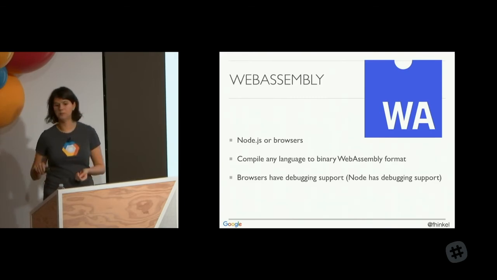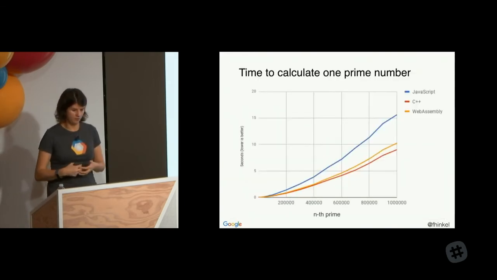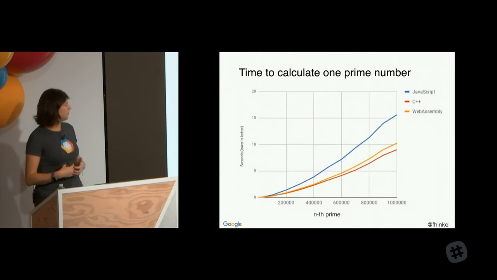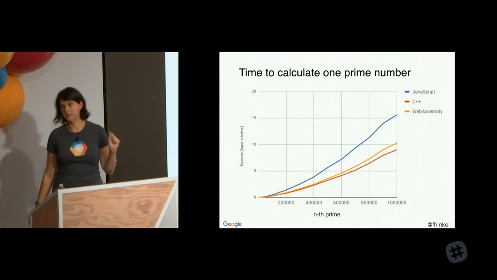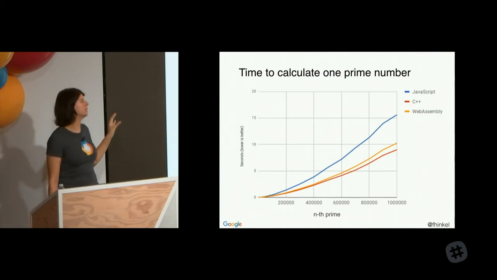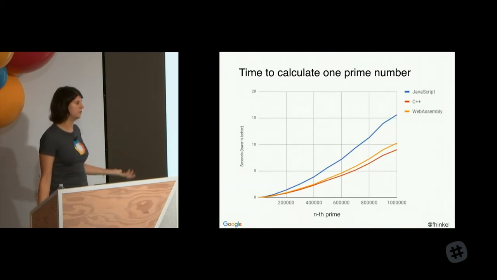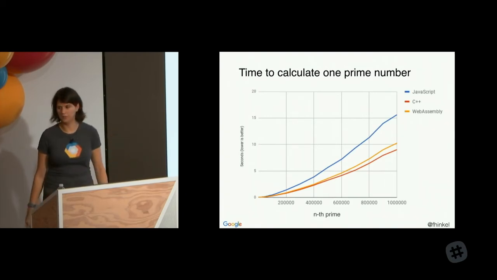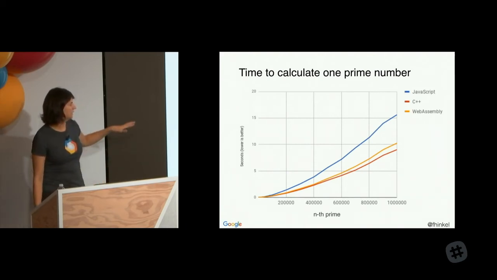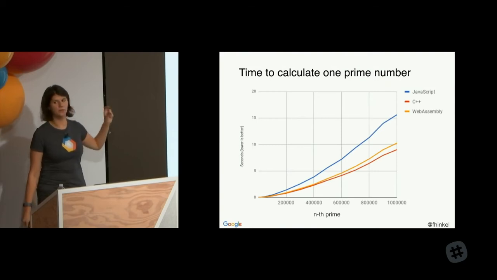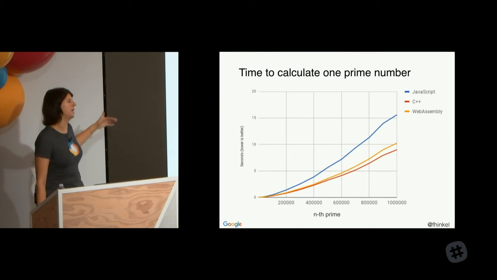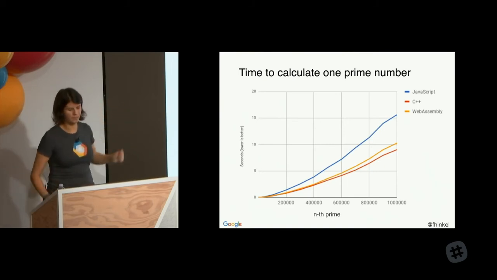All right, so what about performance? JavaScript is still the slowest, C++ is the fastest, and WebAssembly is in the middle, just a little bit slower than C++. And that's kind of what you would expect if you know a little bit about WebAssembly. It's not just-in-time compiled, it's statically typed, and there's just a tiny little overhead because you have to switch from C++ for calling WebAssembly. That's why it's not as fast as C++, but it's very close.